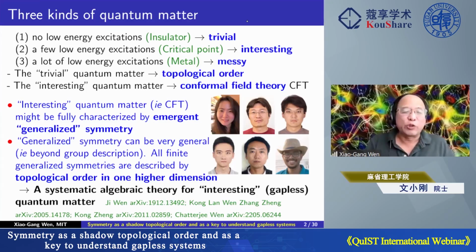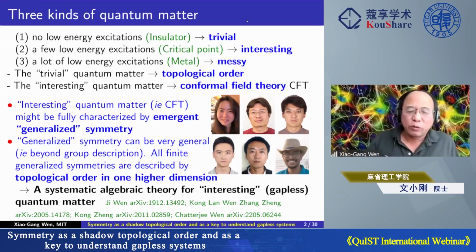The trivial ones basically include topological order, topological insulators, etc. After 30 years, we have gained quite a systematic understanding of those trivial ones. And so I think now we should probably go to the next stage and do the interesting one. Then hopefully we can do some messy ones. And the way to approach this interesting quantum matter, or another way you can say the strongly correlated gapless state,